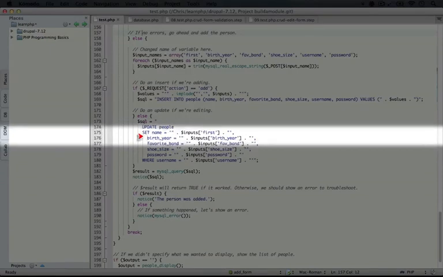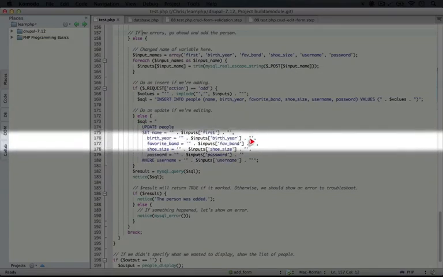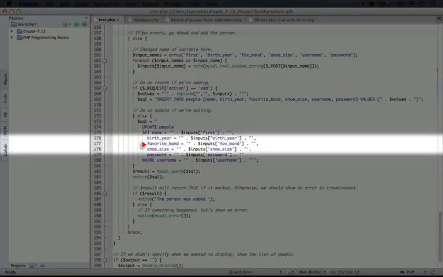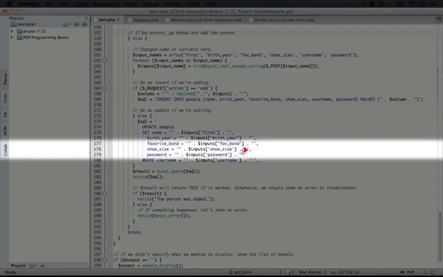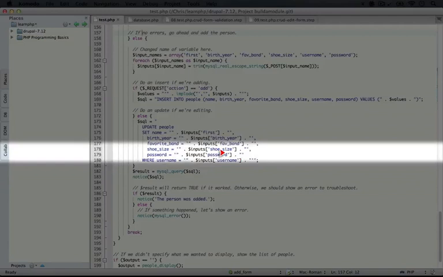So we're going to update the name, birth year, favorite band, shoe size, and password, making sure there's commas after each one except the last one. If you're copying and pasting lines here, it's easy to forget to remove that last comma. Now in PHP, when we're dealing with arrays and we use commas at the end of each array, the comma on the last array item is valid, so you don't have to worry about it there. But in an SQL query, it will break the query completely.